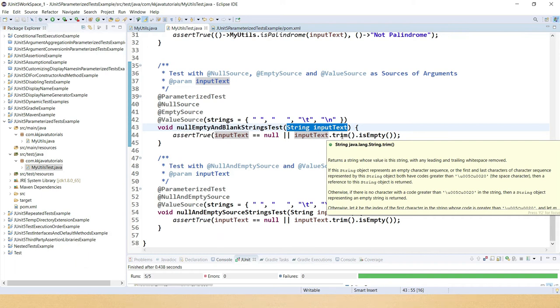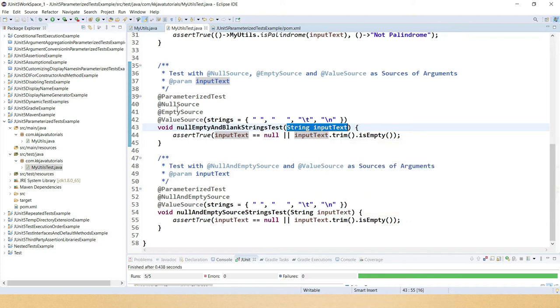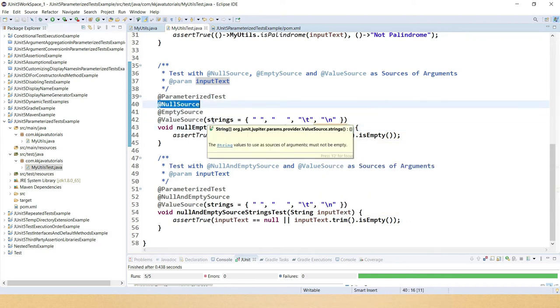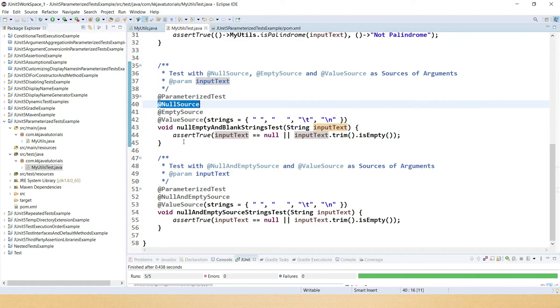When you use @EmptySource or @NullSource as a source provider in the parameterized test, we have already talked about @NullSource, but @EmptySource provides a single empty argument to the annotated @ParameterizedTest method for parameters of types like String.